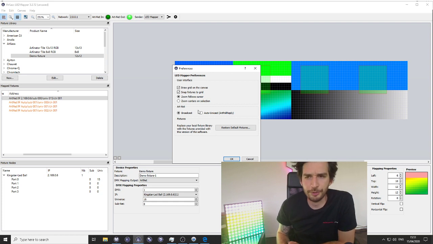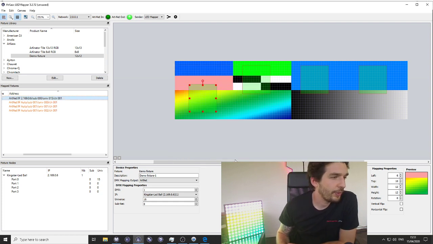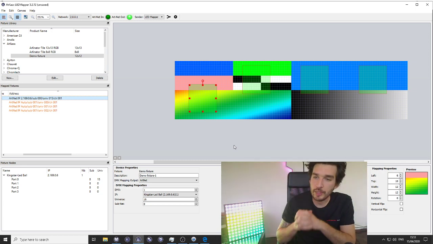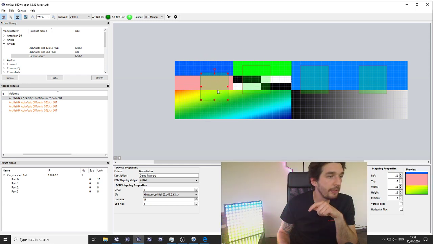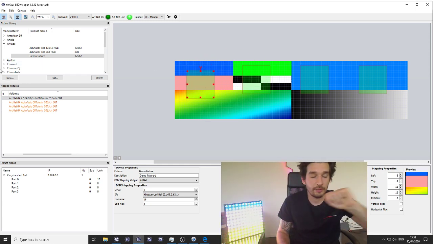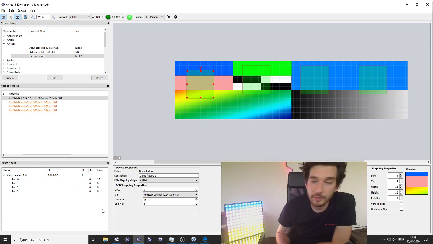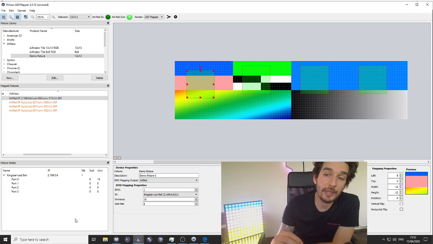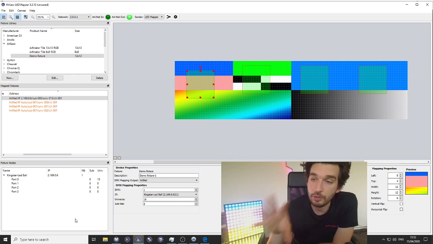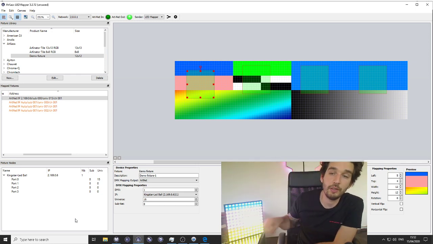So auto unicast. Having that tick on auto unicast means that the software will try to unicast the packages that it can. So it will compare the mapping that you have entered manually right here with the ArtNet Poll replies that are found in the network. If from the ArtNet Poll and from the mapping you have fixtures on the same universe, on the same subnet, with the same DMX address, the software will automatically unicast the packages to that IP address. Okay, so it will do the work that we are doing right now automatically for you.